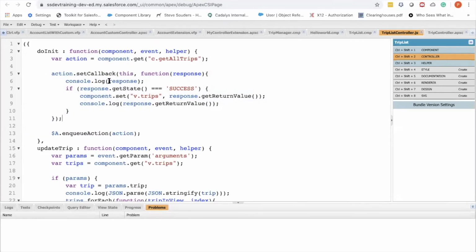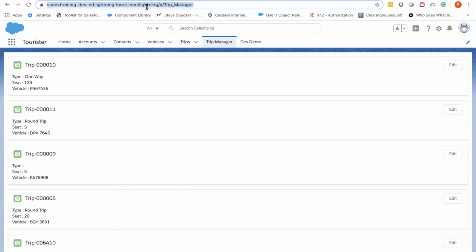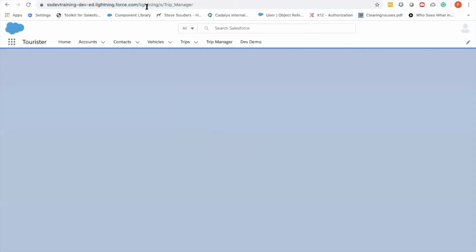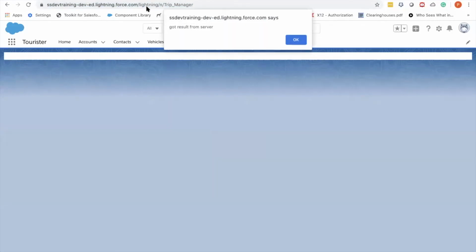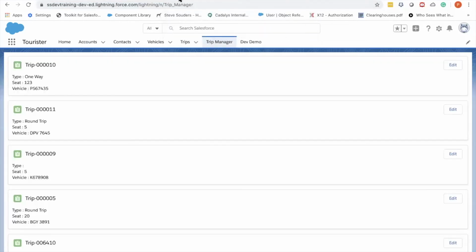So what I'll do is add an alert. Got result from server. See, got result from server. You can see the alert, right?